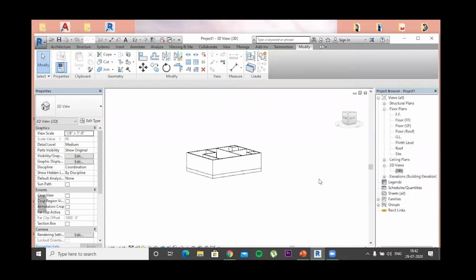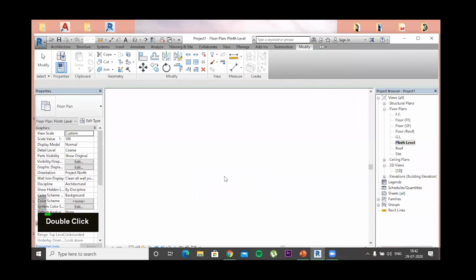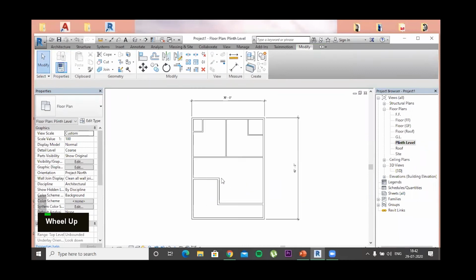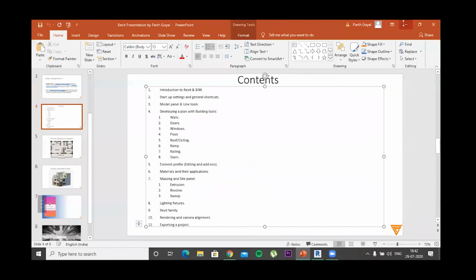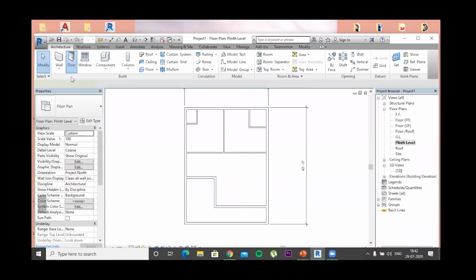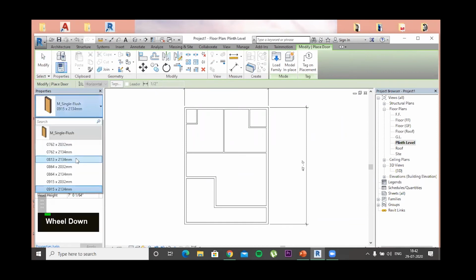Okay, so now let's get on with our next part. We have created all the walls, right? Now we will start with doors. After walls we have doors, right? When you select the door option, there are a lot of doors which you might find. Right now there is only one door preset which is loaded,